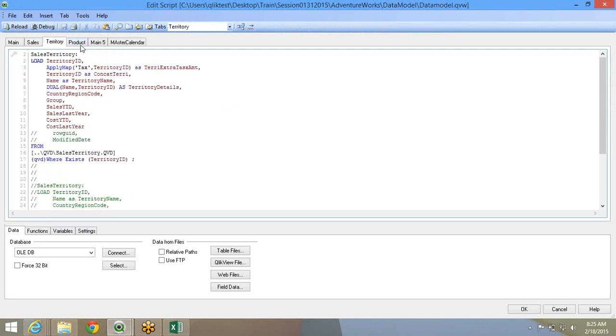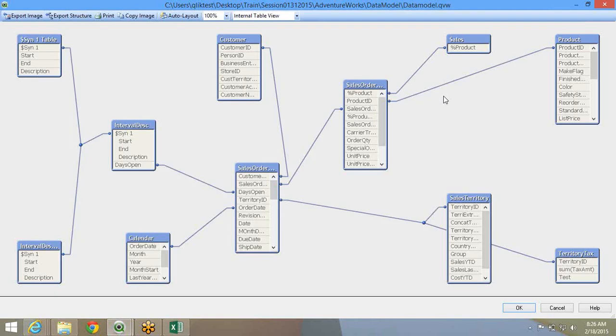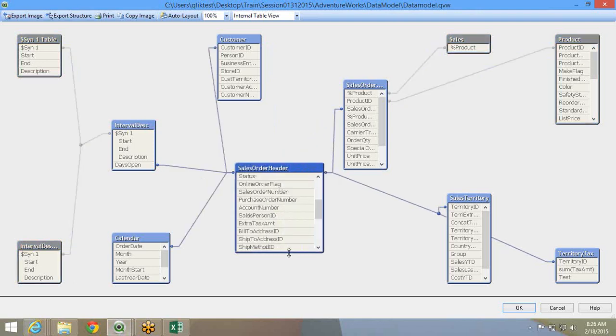Now while we are loading our database table, this is our existing data model. We created this data model. Now you realize as a developer, okay, this is not a real-time or production scenario, but you realize that you have the ship method ID, or special offer ID. Have we loaded special offer ID? No, we have not loaded.